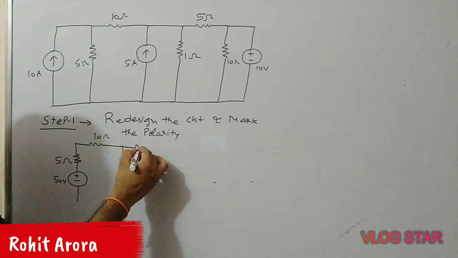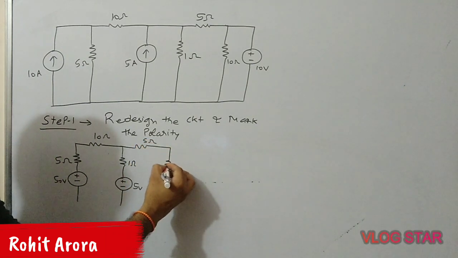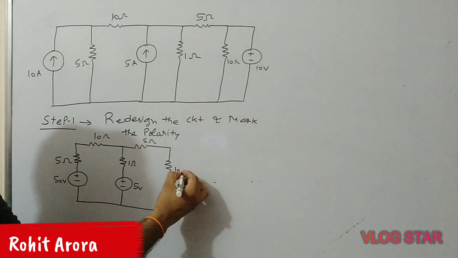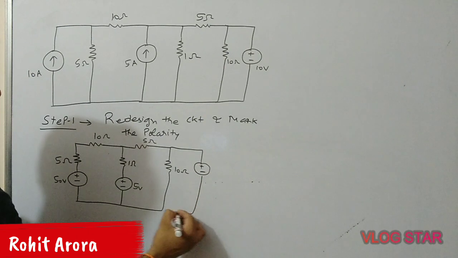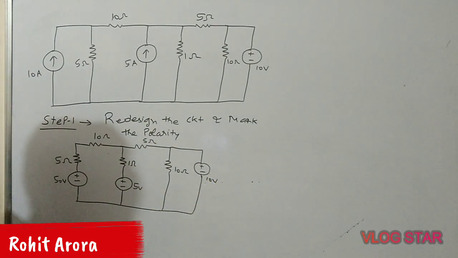Okay, now this is 5 ohm and this is the resistance, correct. This is the 10 ohm resistance, plus minus 10 volt, correct. Now in the case of step number 2,